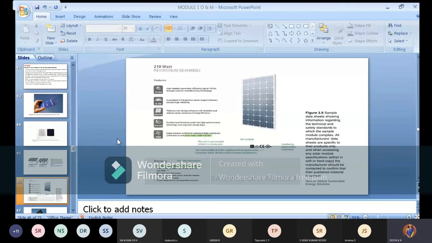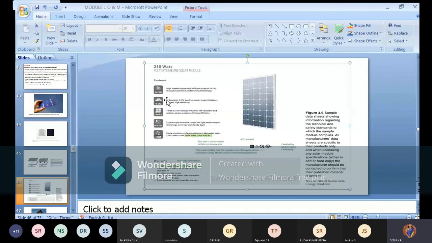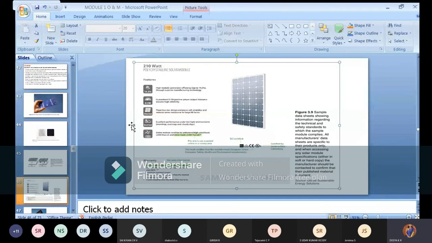And this is one of the data tables, because in this book you'll have a number of data. Of course, when you purchase anything you get some small books: how to operate, how to use, what is the warranty, each and every bit they will give, how to use the keypad, how to use the settings, everything will be given, right? The same way here they have given the features of a solar panel, that is a 210-watt polycrystalline solar module. Just read it if possible. I will try to enlarge this. Hope you can read it. If you purchase any electronic or electrical goods, definitely it will be given.